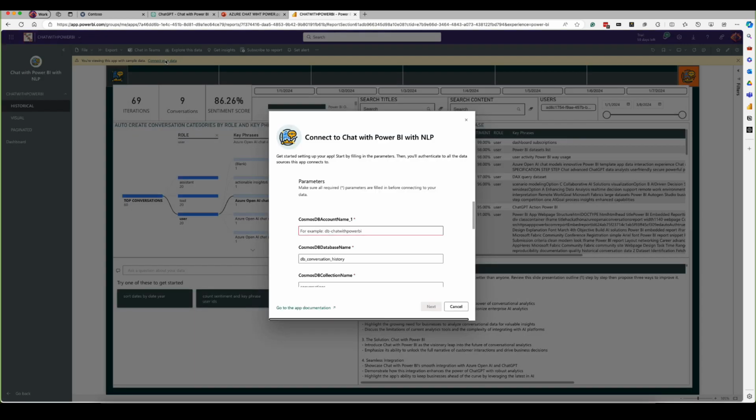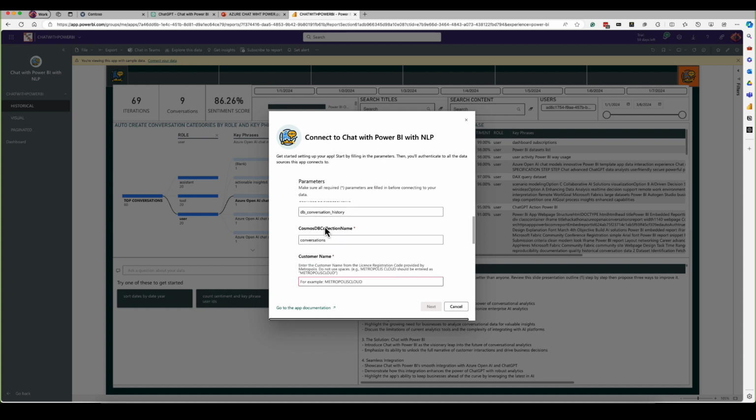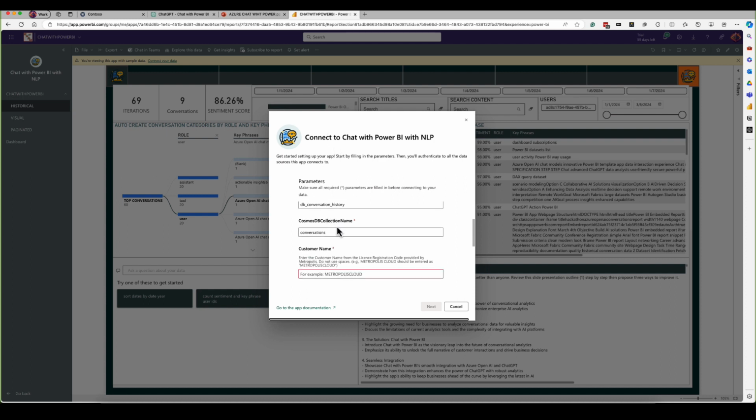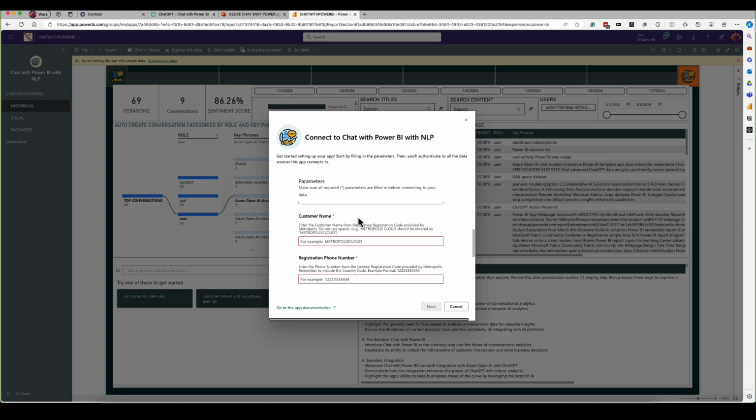So once this is deployed, again, this is just a quick overview of a deployed model. It's very simple. You're going to come in and enter in your Cosmos database, your database container, the collection name, and then we're going to be able to provide you a license key so you can register the software, deploy it. So within a matter of minutes, you'll have a deployed chat with conversation Power BI template application to utilize